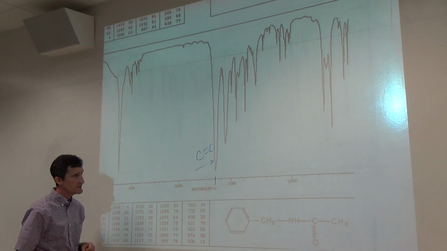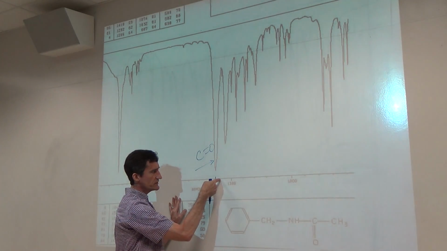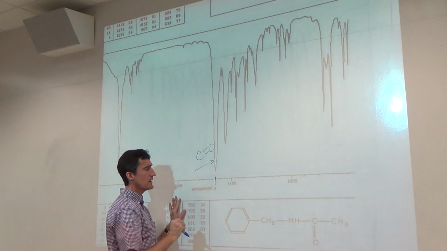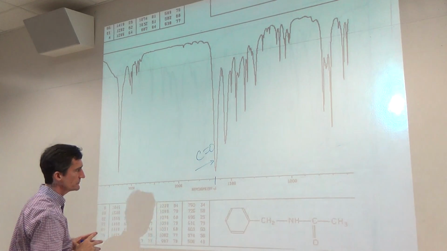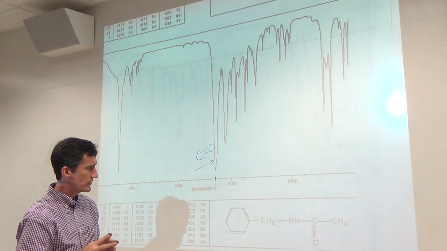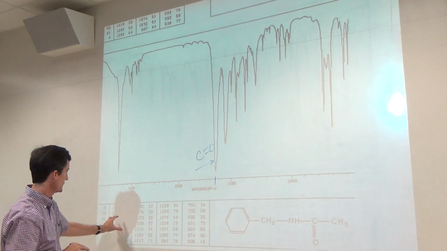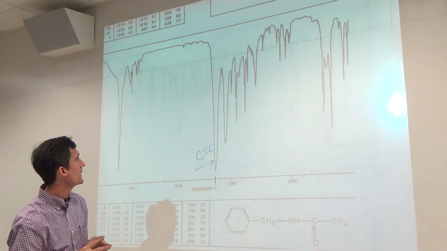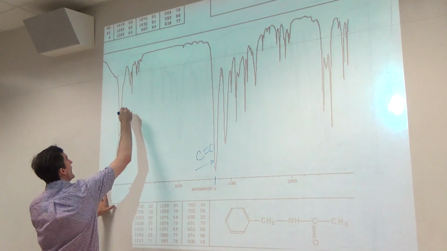Yeah, it looks like a 15. Obviously it's 15, 16, 16 something there. I'm thinking it should be about 1630 or so. Not quite sure what's going on here. Carbonyl, we have